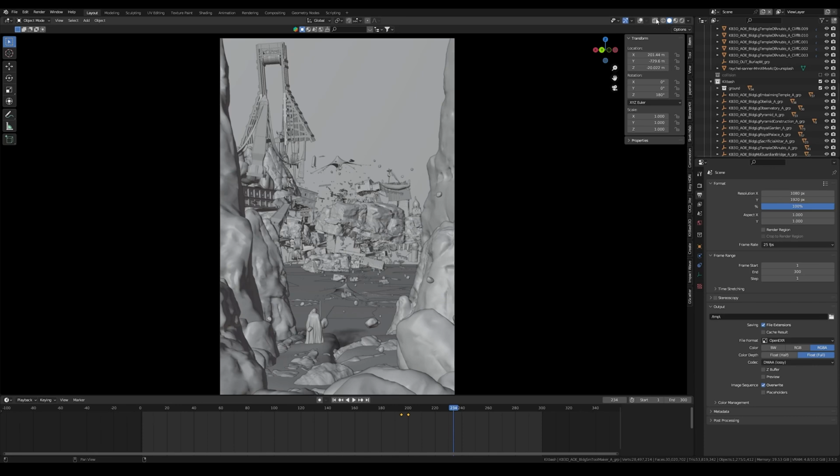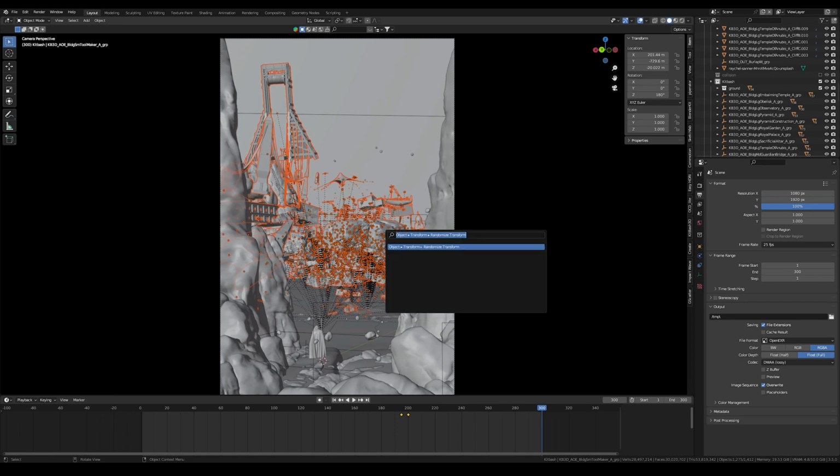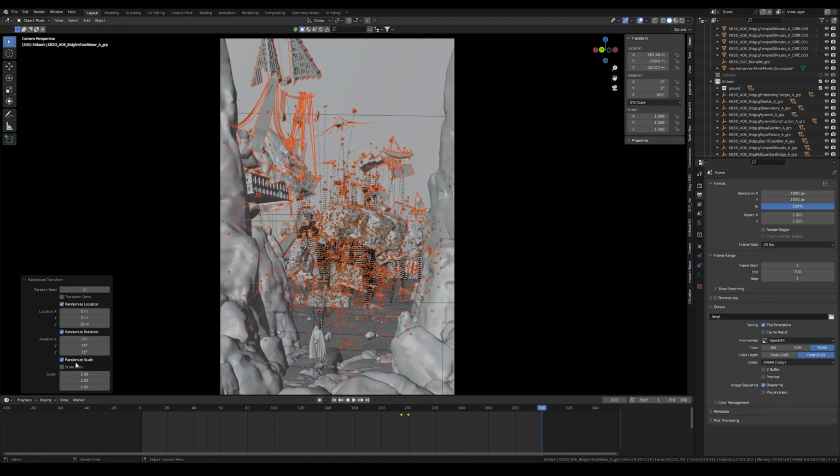So for that, with all the objects still selected, and by the way, if you accidentally deselect it like this, you can just press Ctrl Z and you have them selected again. But yeah, let's go forward to the end of the animation. Let's say frame 300. And now let's repeat this whole process again, but just with a little bit of movement. So let's press F3 again, randomize transform. And now the values of last time are saved, but let's change that down to maybe